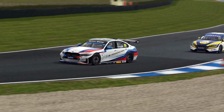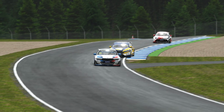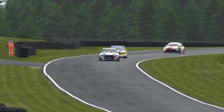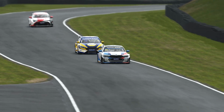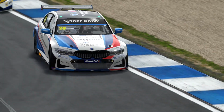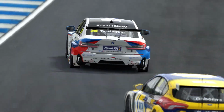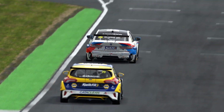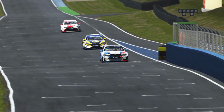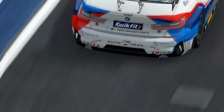The BTCC heads to Knockhill for round 7 of 10 of the season, and as we get ready for rounds 19, 20 and 21, let's have a bit of a think about what we could look out for over the course of the weekend. Let's start off with the programme itself. In addition to the BTCC races, which at UK time are 11:45, 2:40 and 5:20, we have multiple different